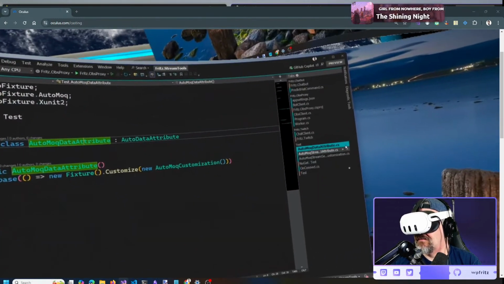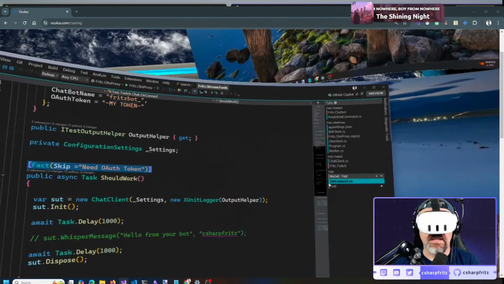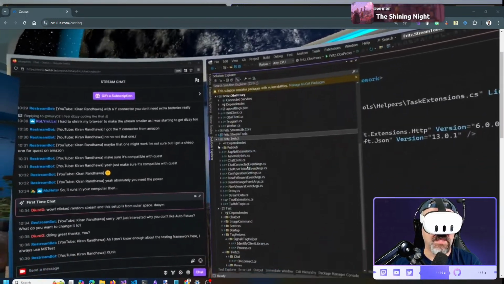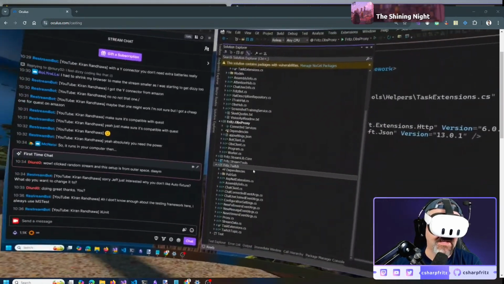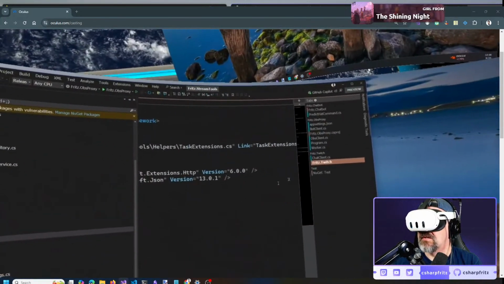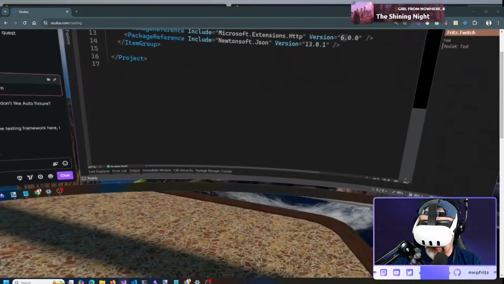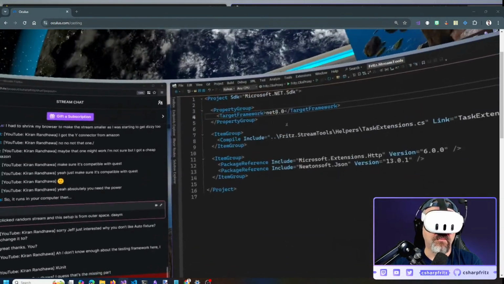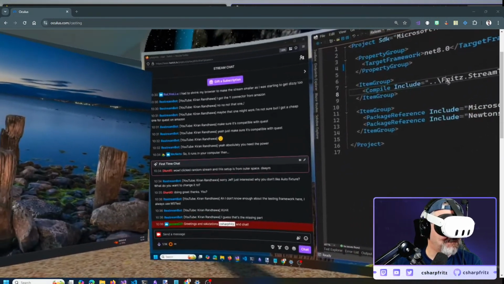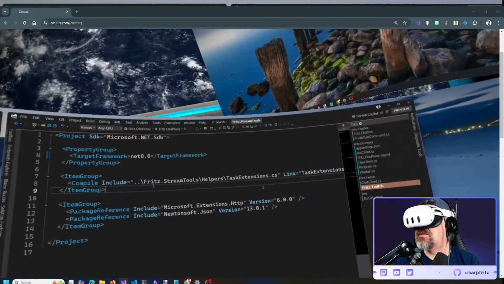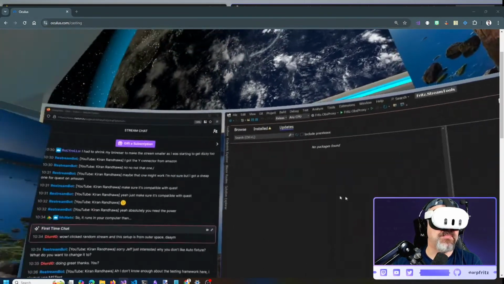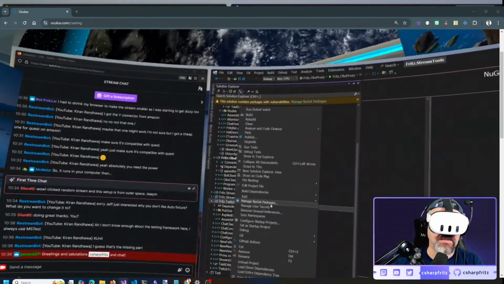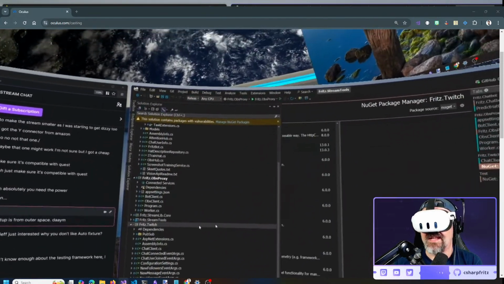So MS Test I avoid. XUnit is in very, very good shape and, in my opinion, works very well with .NET coding. So, yeah, XUnit's the one that you'll find me typically using. I wrote my own Twitch library here for integrating so that I could update and maintain it on my own when it was ready to go. MS Test doesn't have those capabilities to do theory. XUnit does,